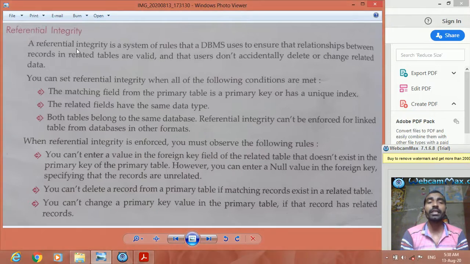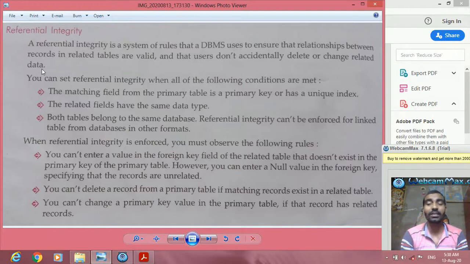Referential integrity is a system of rules that a DBMS uses to ensure that relationships between records in related tables are valid, and that users don't accidentally delete or change related data.